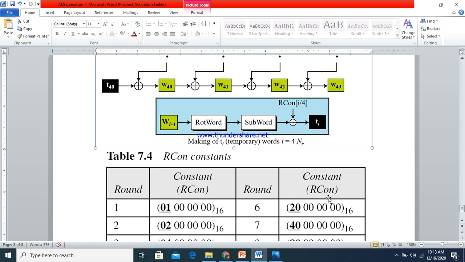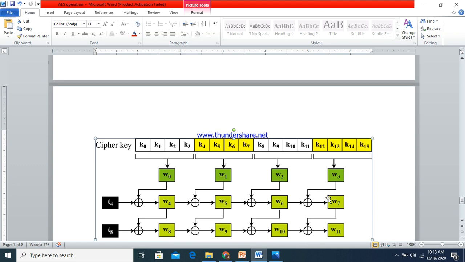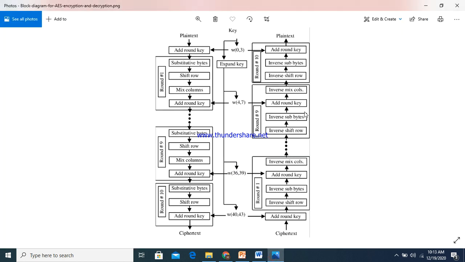Okay, so that is how AES is going to perform. Mainly what you need to discuss in AES is what the AES algorithm is and what the AES parameters are. Already we have discussed that in the previous video, so please go through that video. And then, what is the block diagram of AES? This is the block diagram of AES.